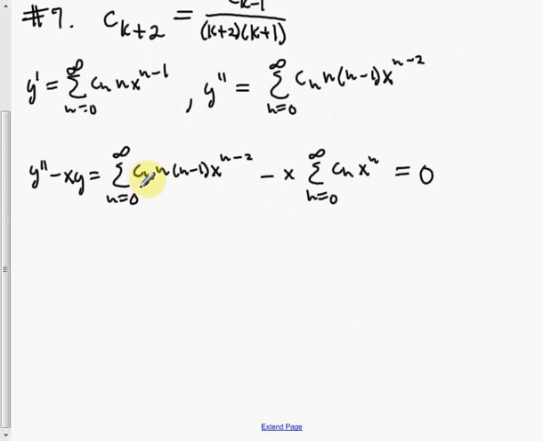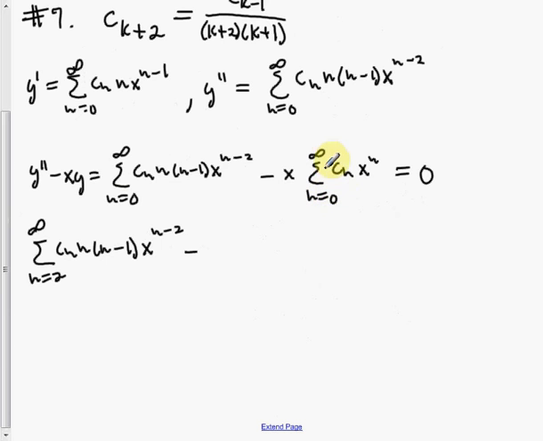So the little trick for these problems, we have n and n minus 1. If n is 0, then that term is 0, so we can start it from n goes from 1 to infinity. But if you plug in n equal to 1, then you get 1 minus 1, so you get 0 there. So it's safe here to start this one at 2. Okay, so just write that here. This is the summation as n goes from 2 to infinity of c sub n times n times n minus 1 times x to the n minus 2, minus,